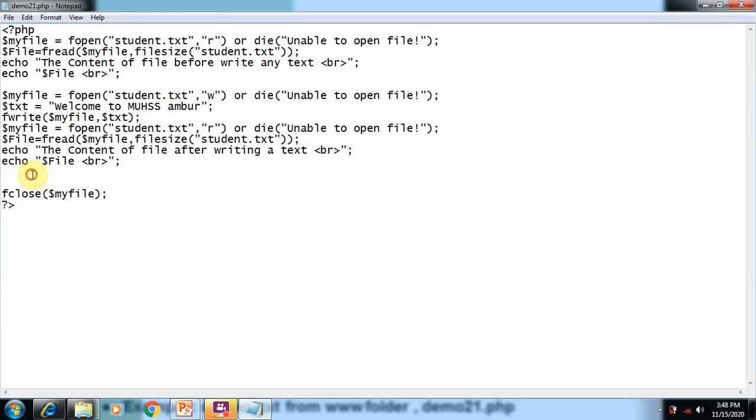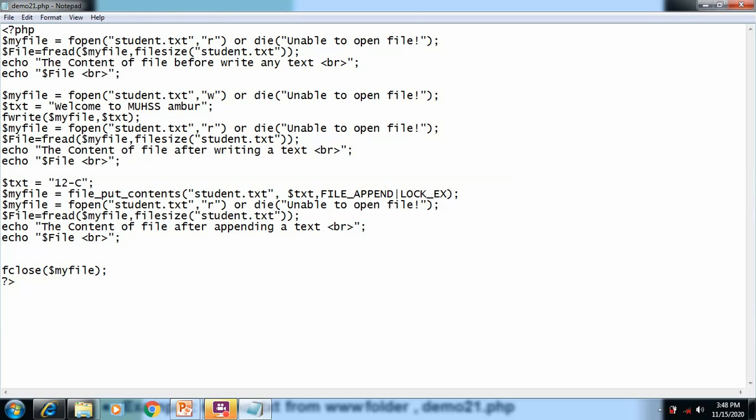Again we are going to add a third group of coding where we try to update. It means we are going to append. When we use the write function, the write function will replace the old text with the new text. But here what we are going to do is we are not going to replace the old text but simply adding a new text to the already written file. So here we are going to add a new text called star star star